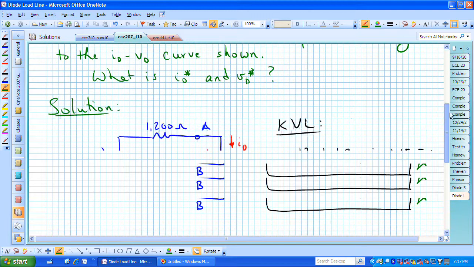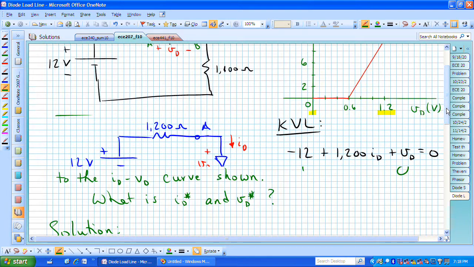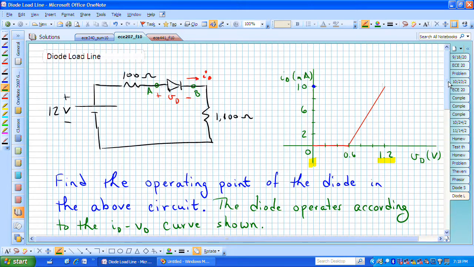We now know then that for this particular circuit on the left, when the voltage V sub d across the two terminals A and B is 1.2 volts, we actually have a current flowing of 9 milliamps. And if I could then connect the dots,